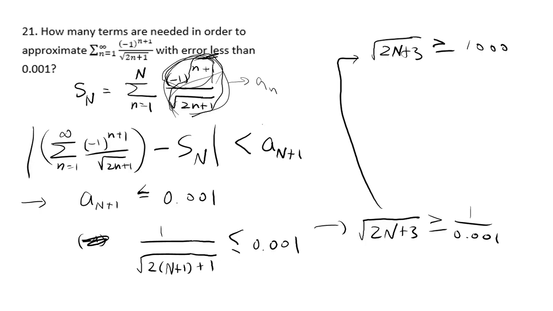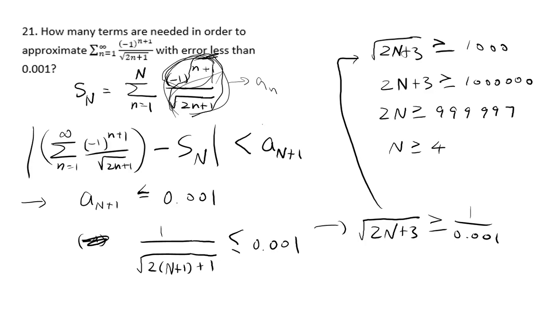If you square both sides, you end up with 2N plus 3 greater than or equal to 1 million. Subtract 3, which will be 999,997. Divide by 2,